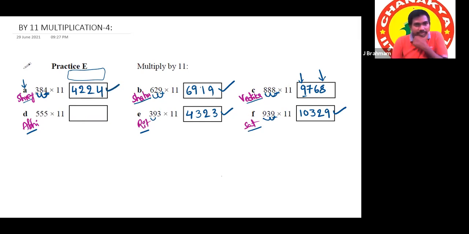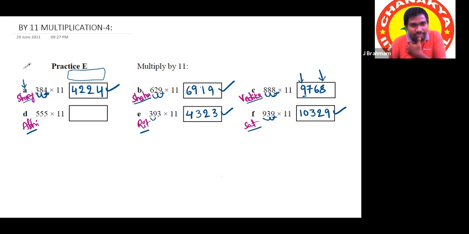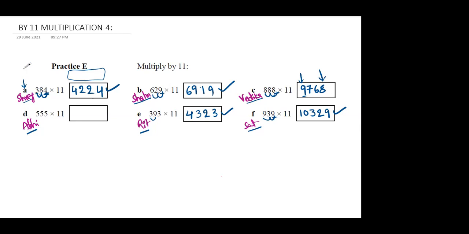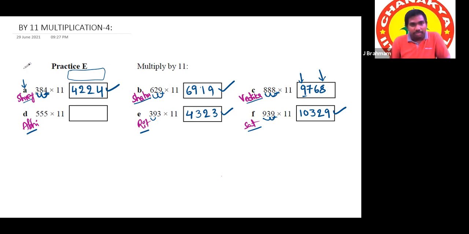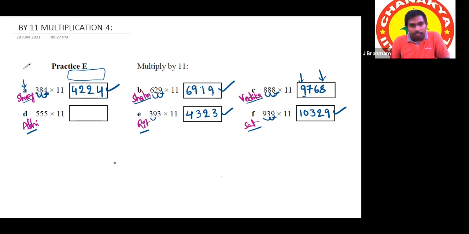Very good. Correct. Abhi, now tell me, what is your doubt? Sir, can you tell it again, the borrowing one? There is no borrow. Why are you thinking about borrow? We are not doing any subtractions. Carry. Yeah, carry. See how to do it with carry without writing anything about carry. No, it is Abhinav's question. Just wait, all of you.